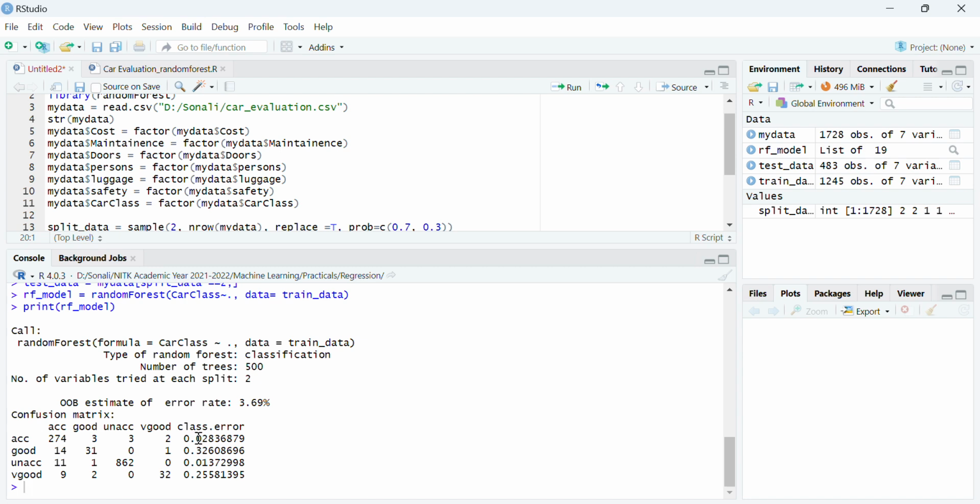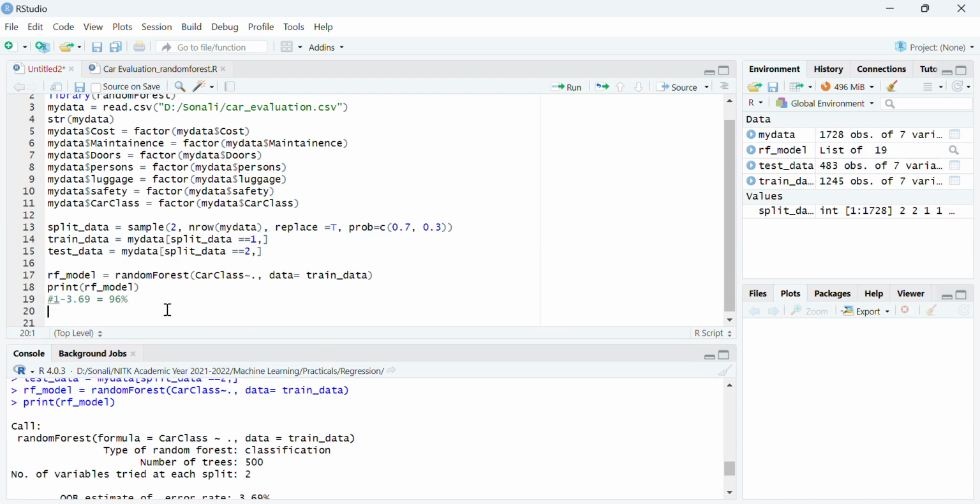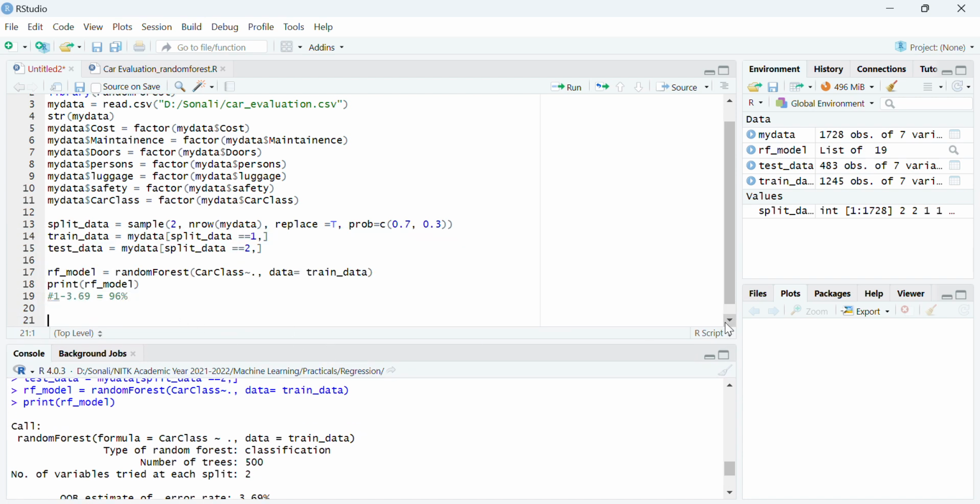In acceptable, the class error is 0.02, fine. Here it is 32% error. The maximum error is coming from the good class. It is not able to classify properly. Here it is 0.01 and here it is 25%. So the maximum error is for your good and very good classes. The model is getting confused.